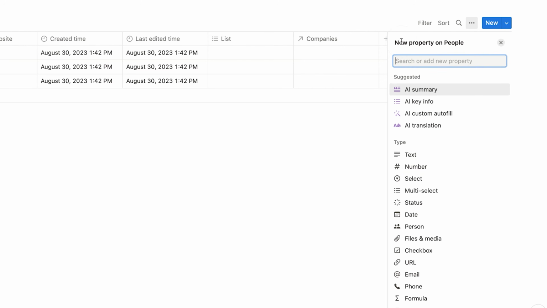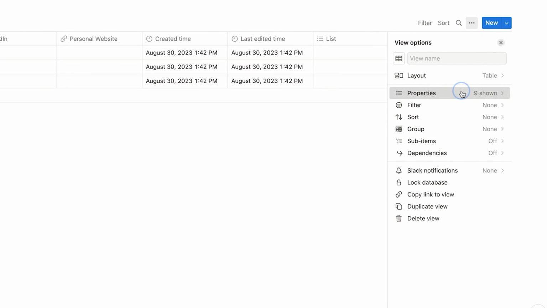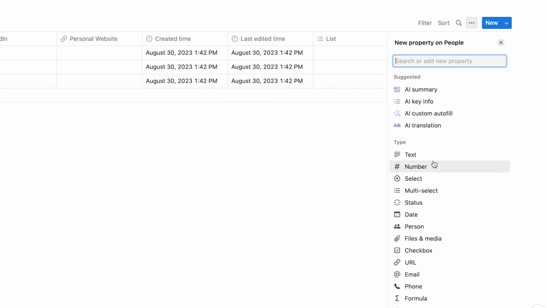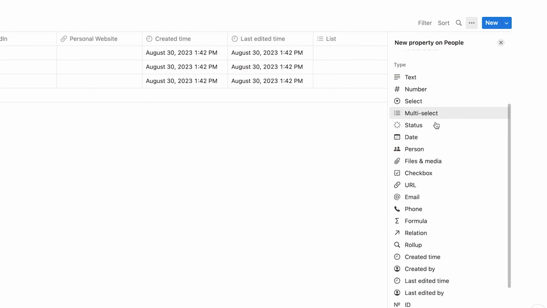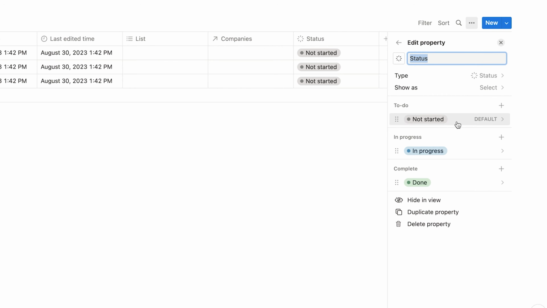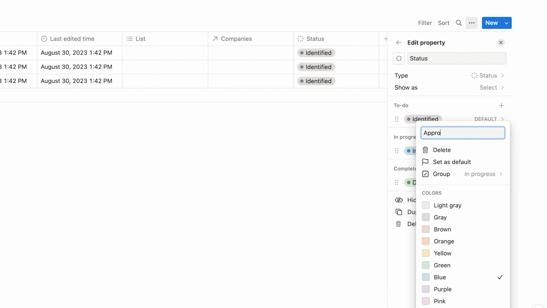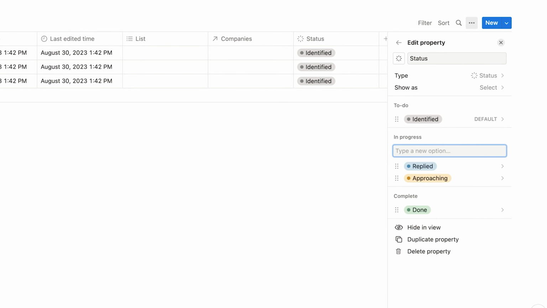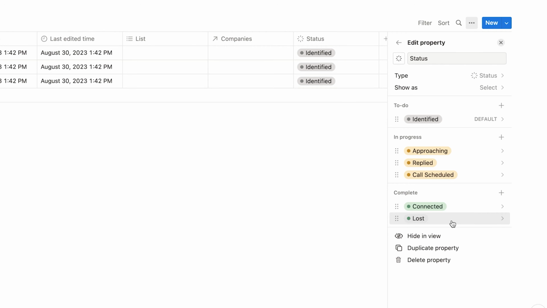And finally, when we do contacts outreach, we'll have different statuses as well. So I'm going to add a status property for contacts too. So let's click on status. I've created slightly different types of properties for contacts. We have identified, then approaching when you send that first email, replied when they had some sort of an interaction